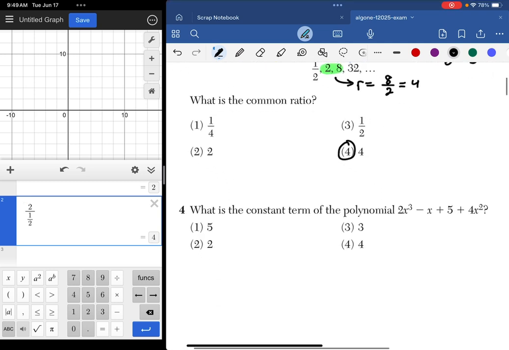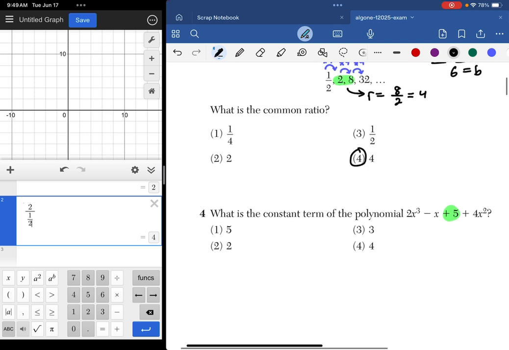The constant term in a polynomial is the term that doesn't have a variable attached to it. You just got to be careful because we're looking for the sign also. Now in this case, they only gave positive possible choices, so it's not really an issue, but it could be. All right. I don't remember off the top of my head, so I'll just address it here. This is, again, constant because there's no variable attached to it. Now, when I say no variable attached to it, I mean through multiplication. It's just a standalone 5. It's not 5x, right? So everything else would not be a constant term.